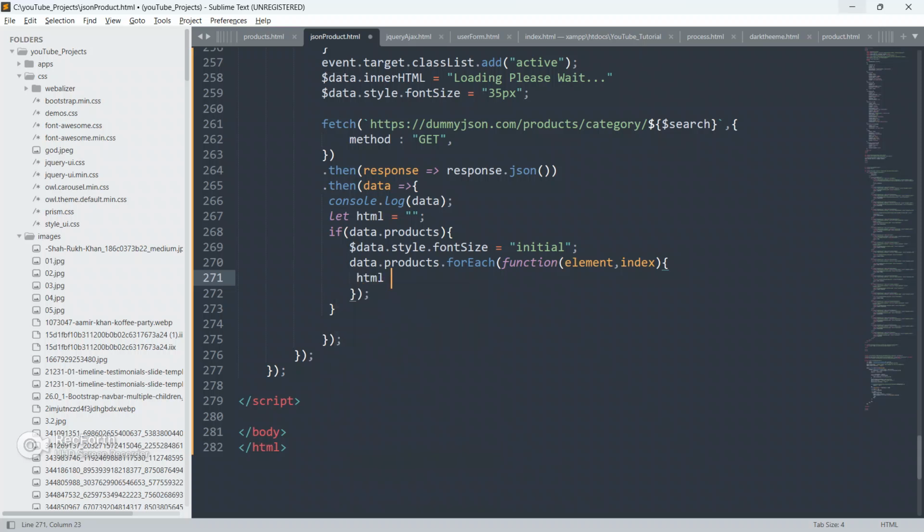Now we are gonna append this HTML. This is known as append. So we are gonna create, sorry guys, first put a backtick, close this, and inside this backtick create a div.